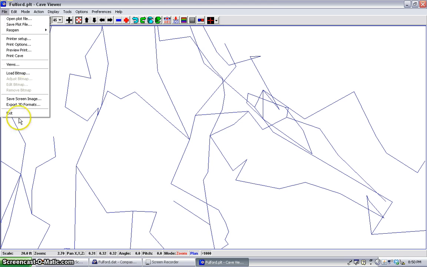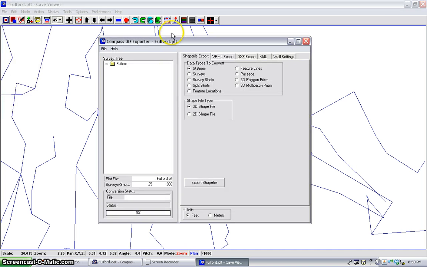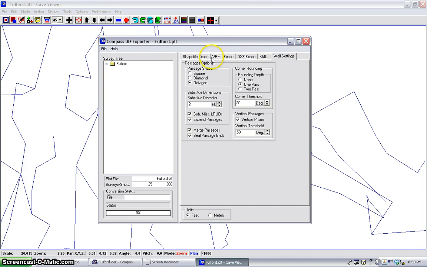If you're using Illustrator 10, maybe CS2 might support it. Or if you're using walls, you can export 3D formats, or even if you're going to overlay this on a Google Map, you can export it as a VRML, a DXF file, or KML, and here are all the settings for that. So you might play with these. It'll generate a file which you could then pull into another application and view it or edit it